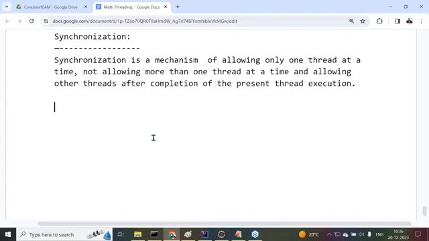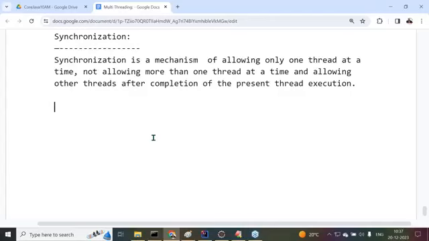Only one thread or more than one thread? Only one thread. At a time, only one thread is executing our code. Am I right or not? Remember carefully: only one thread is executing at a time, so is there any chance of getting data inconsistency? No chances of getting data inconsistency, right? So the synchronized resource is by default a thread safe resource or not?